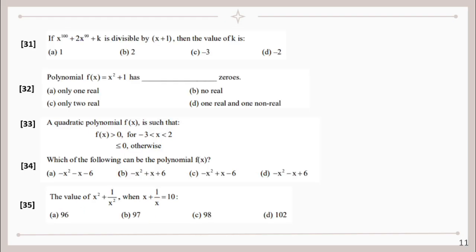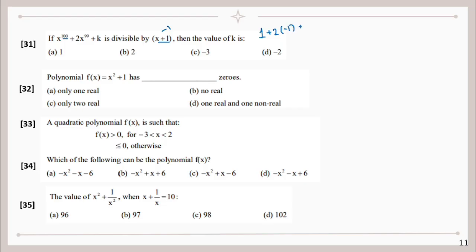X power 100 plus 2x power 99 plus k is divisible by x plus 1. That means minus 1 is the 0. If minus 1 is the 0, when you apply minus 1 in that, the equation would be satisfied to 0. So minus 1 power 100. 100 is an even power. So minus 1 multiplied an even number of times becomes plus 1. Then 2 into minus 1 given odd power will remain as minus 1 only,